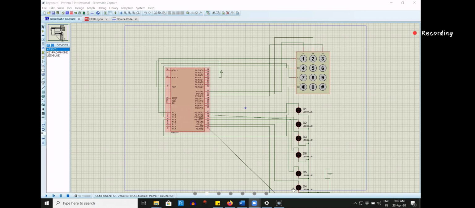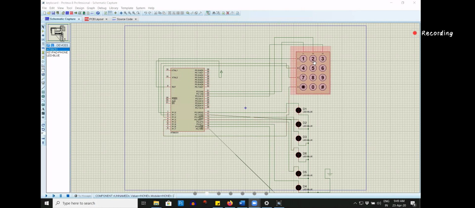And these LEDs, there are 8 LEDs here. These LEDs act like an output. So this keypad is an input interface, and these LEDs act like output.